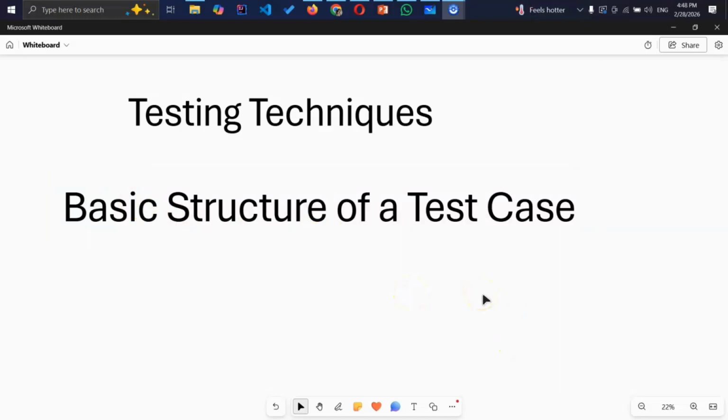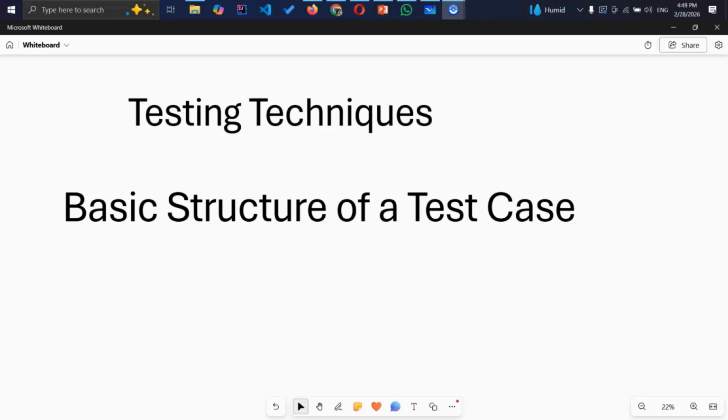The first field is the test case ID. Its description is unique identifier. The second field is the test object. Its description is what we are verifying. The third field is the preconditions. Its description is required state